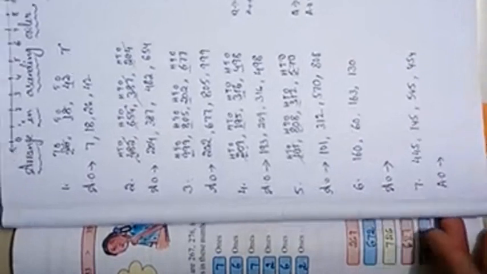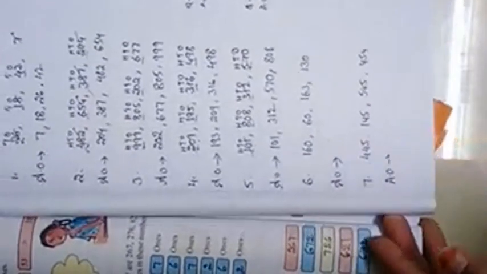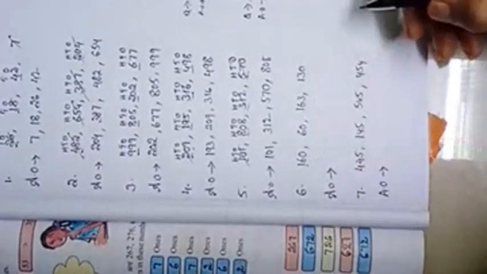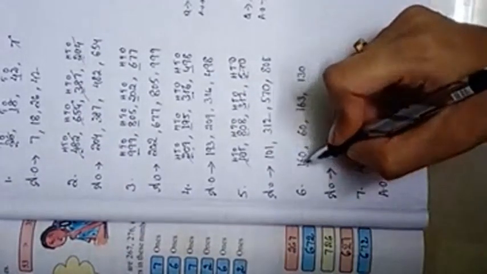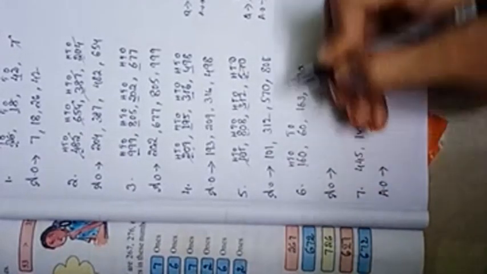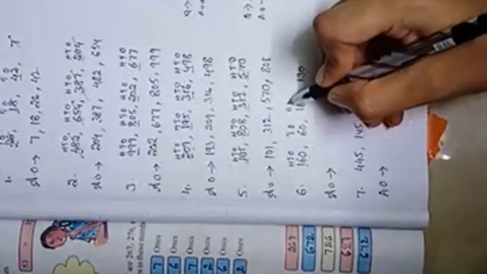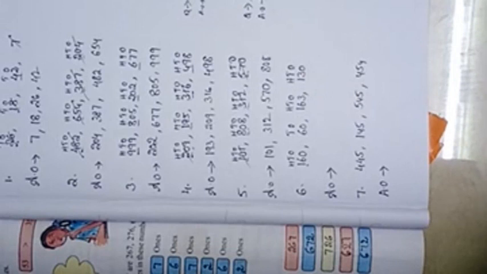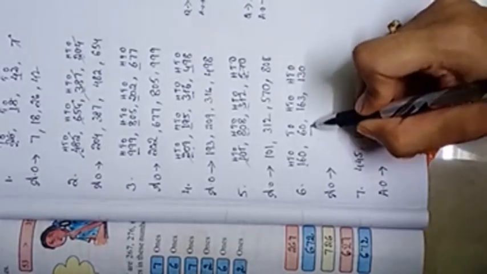Now let's go to the next one. Here, do I have the same number of digits or not? Let's check: hundreds, tens, ones. Here I have 2-digit numbers. Now tell me quickly, after observing this series, which number will come first? Quickly. Exactly, right answer. This number will come first.